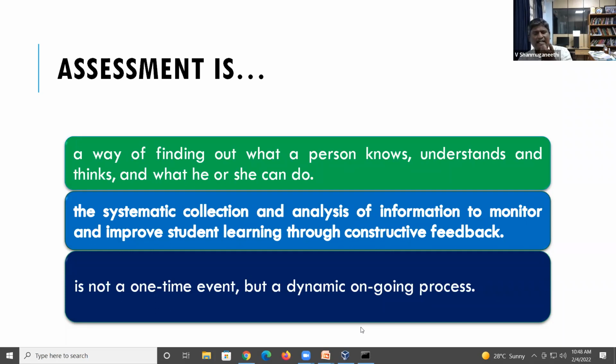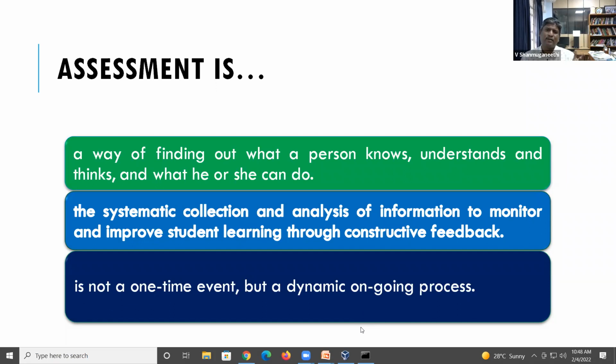So these activities are considered assessment, but every activity reveals some data. What data will it reveal? It will reveal whether a specific student, a group of students or the whole class are having any issues in learning. So that way you give feedback. Assessment is collecting the data and providing the feedback. It is not only collecting the data.